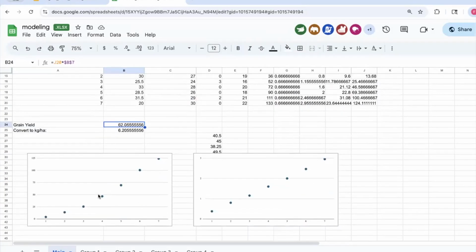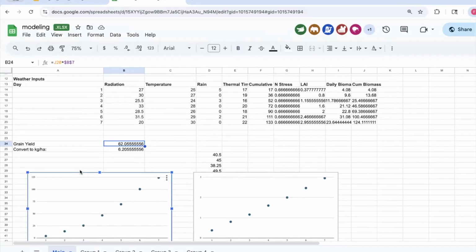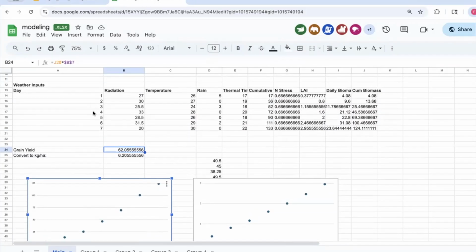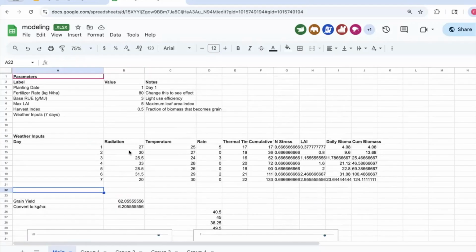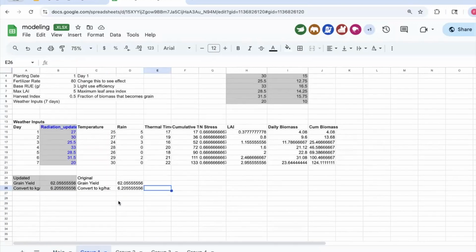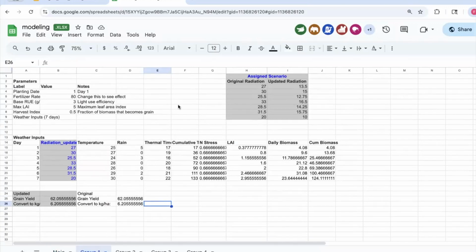You can also plot the change, like the leaf area change following the dates, and these are the original set. For each group, you can choose one set to change, like the radiation.